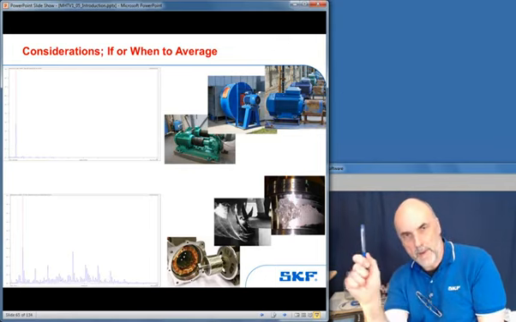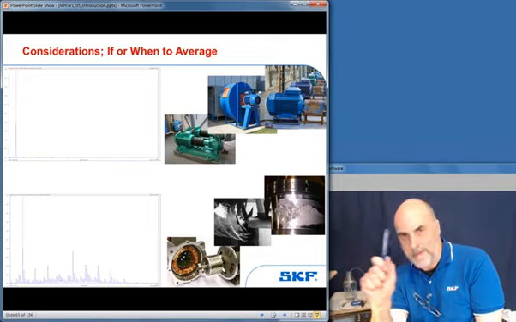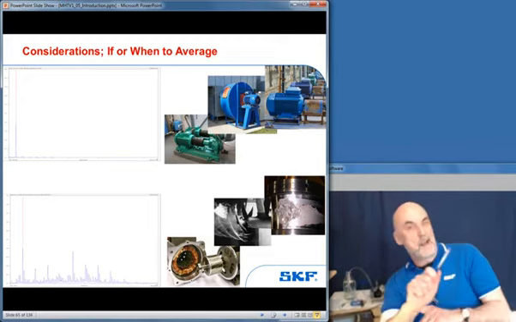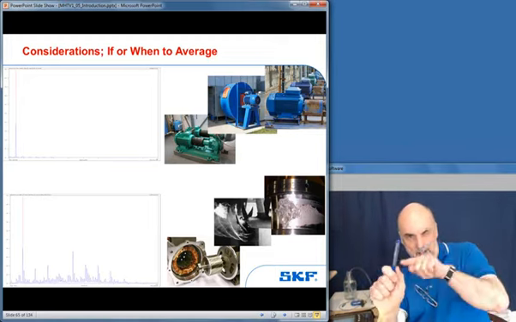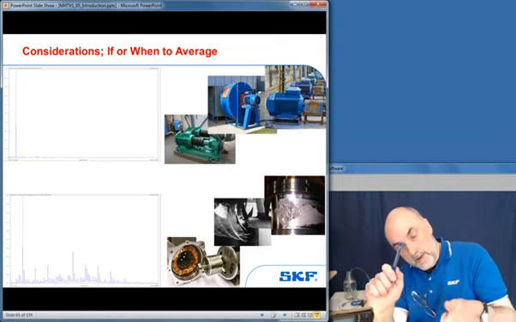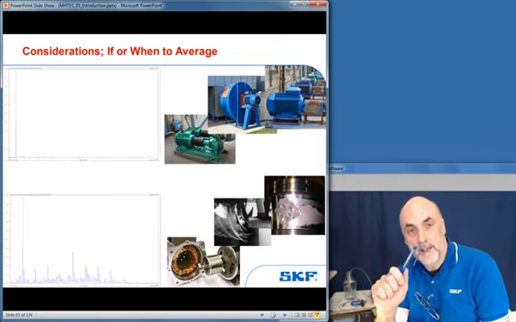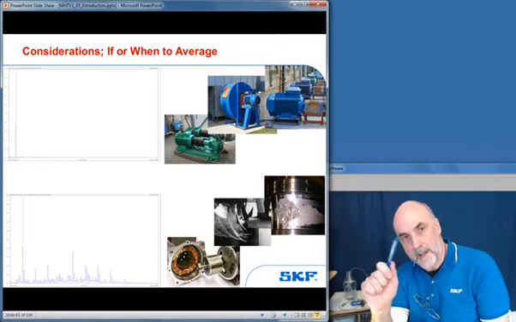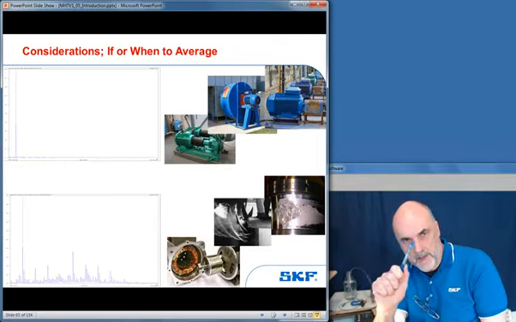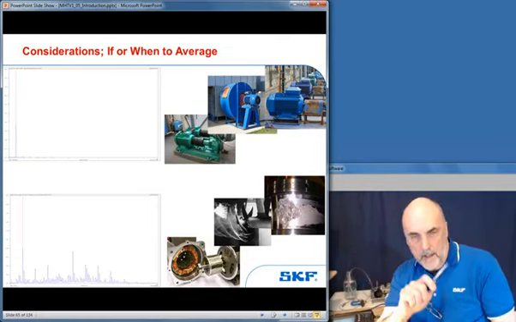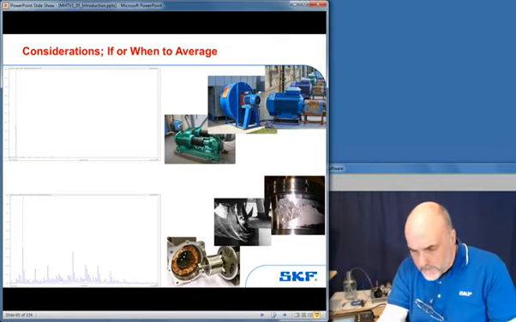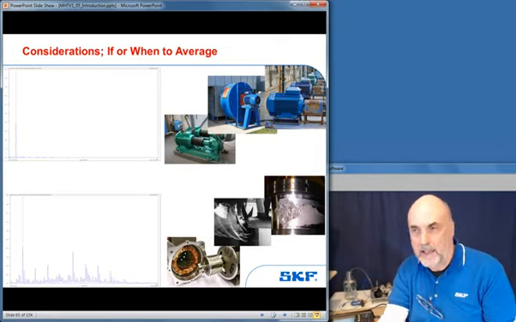Going back to my moving needle display, sometimes you do a vibration survey and the needle would be moving, and you would eyeball average. You'd put your eye through it and say, well, the reading's that. Or you could turn a switch, and that would put a larger capacitor into the line, which would minimize the oscillation. Effectively, you're averaging using electrical components. You can do exactly the same mathematically.